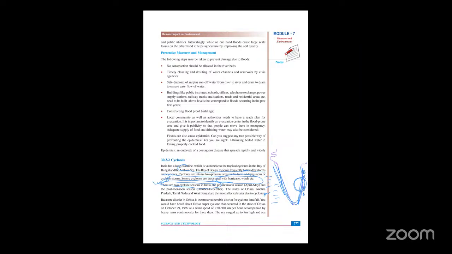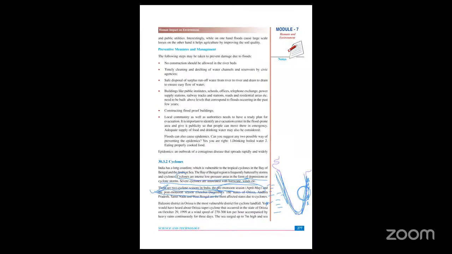Okay. So what we were doing, we learned about the cyclone. India is a most cyclone-prone area. Why? Because of this reason: most of the area is touching the ocean. That's why it happens. Okay. Now,